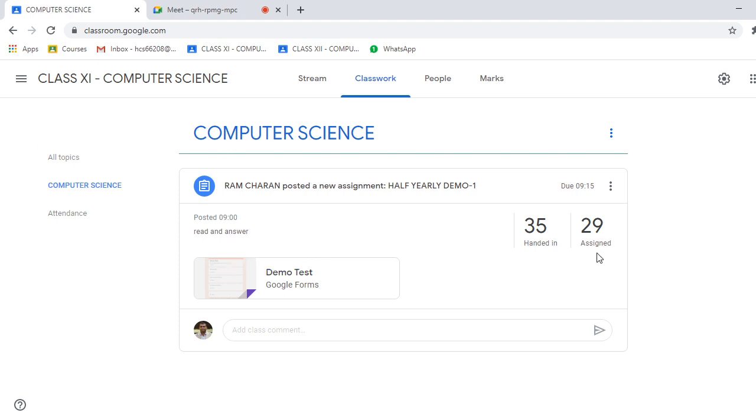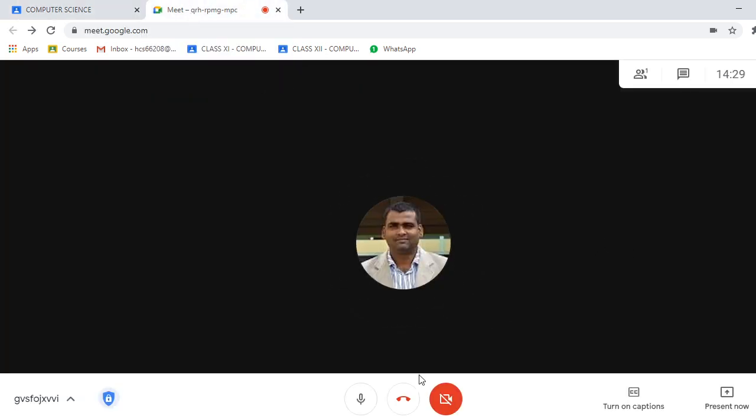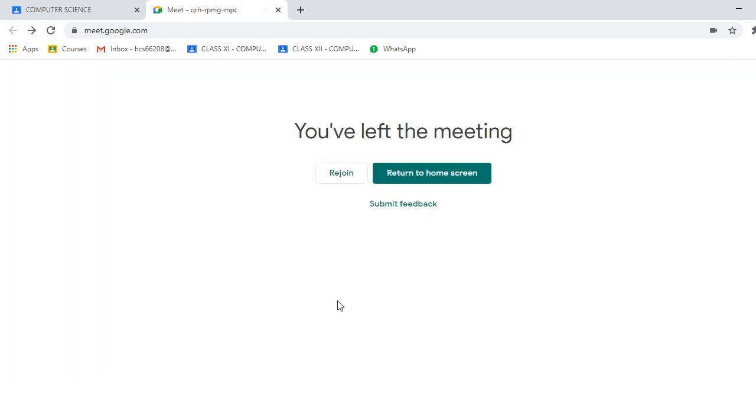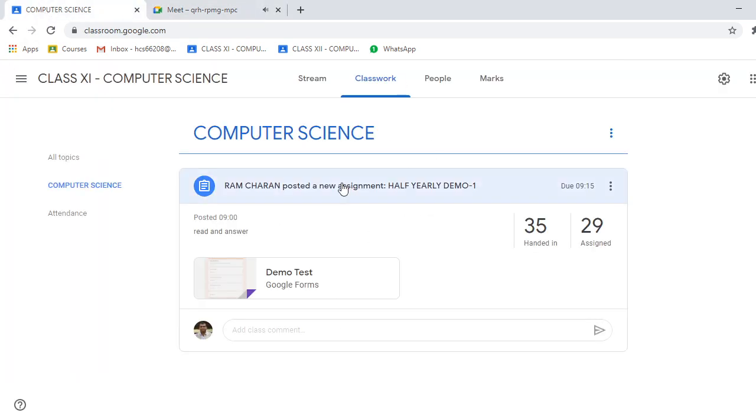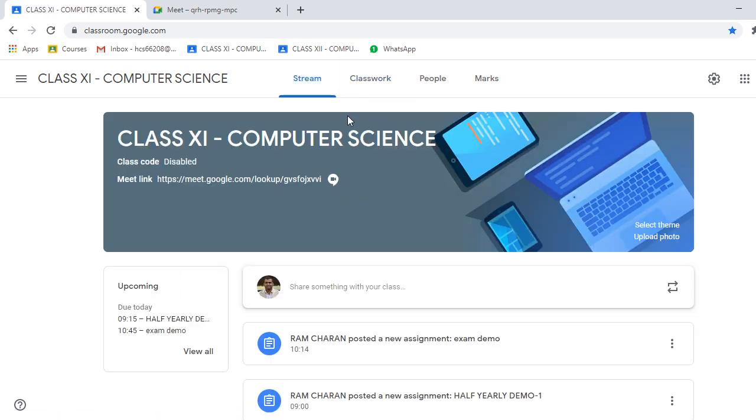At last, when time is going to be over, when all have submitted, you can log out. You ask all the students to log out from this class first, then you log out from here. Okay, then you go to classroom, and in classroom again you make sure that all have submitted. If not, then you can inquire through WhatsApp and all. Okay, then you come back and you also log off from this class. This much you have to do during the exam time.